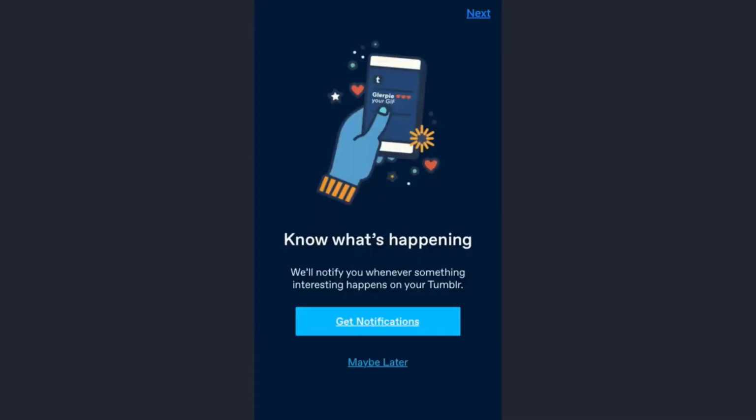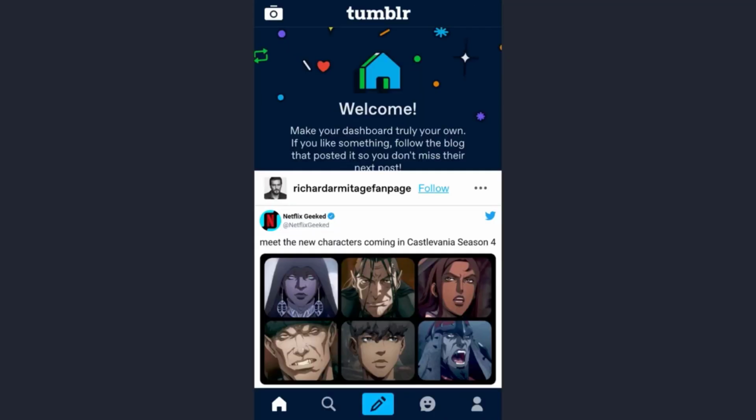Now if you want Tumblr to send you notifications, tap on the get notification option, or you can skip the part and tap on maybe later, or directly tap on the next option, which is at the upper right corner of the screen. Now here, once you are on the home screen of the app, as you can see,